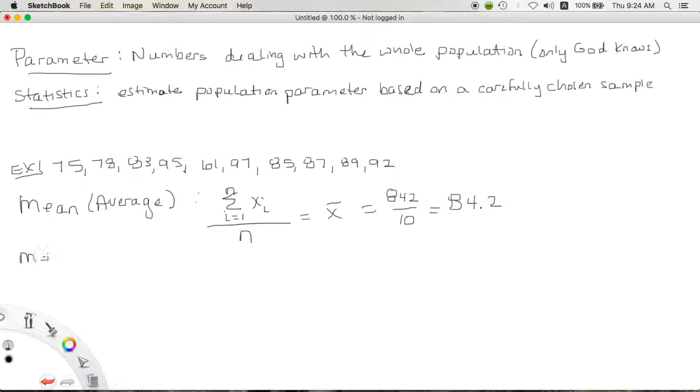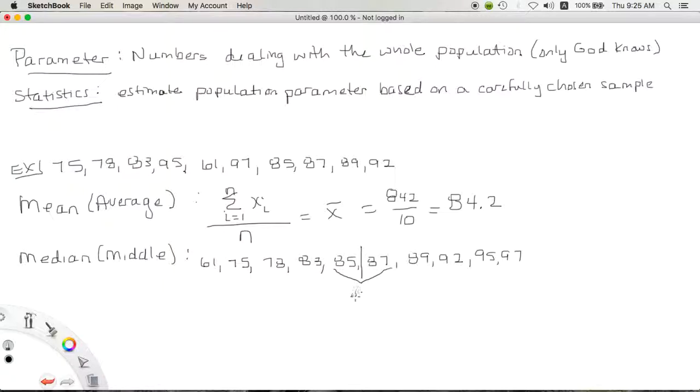The median is another measure of central tendency, and it's the middle. So what you have to do is list your data points out in order, from least to greatest. And then you find the middle. Well, if you look at this, the middle is here between these two because we have an even number. So what you have to do is take the average of the two that are in the middle when you have an even number of things. So if we average these two, we get 86,